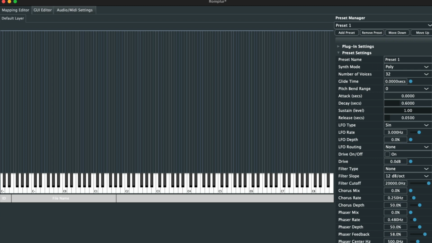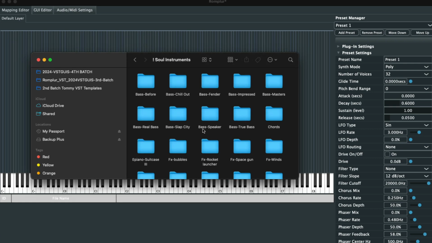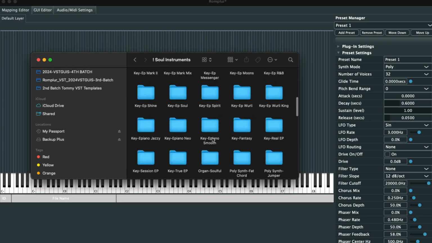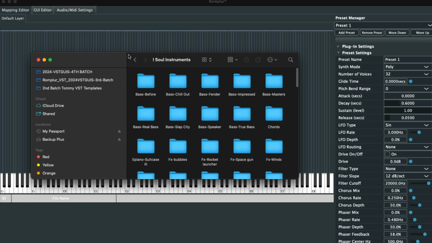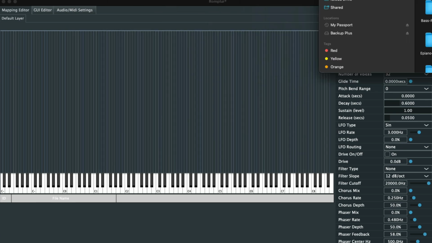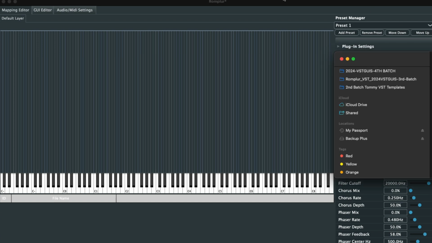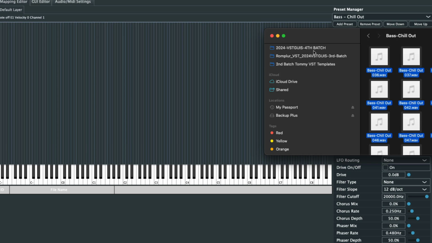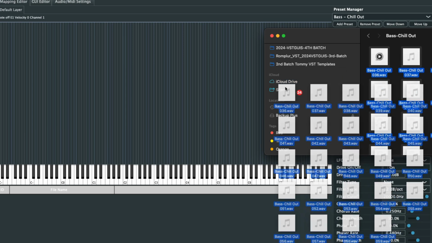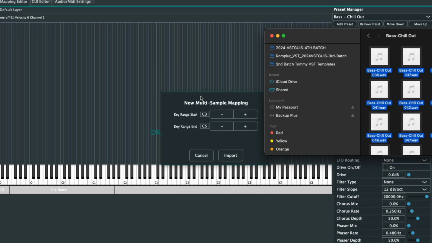I have some samples from a folder that I created. These are multi-sampled instruments that I have built up over the years. So I'll turn these now into actual presets. So you could do that really easily. We'll name this first one Bass Chill Out. Okay, so now that we've named our preset, we're gonna go ahead and drag and drop our samples right into